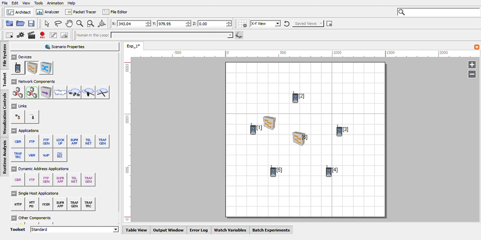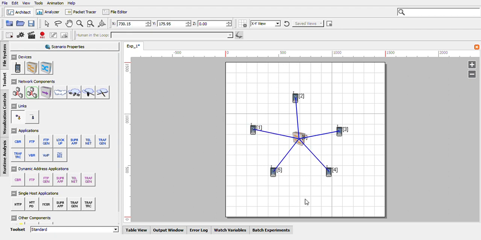If you want to interconnect all these devices to this switch, then as usual go to the link section, click on the link part, and as I said in the first video, just hold the mouse button starting from this point and release it here. This is how you can interconnect one device to any other device.